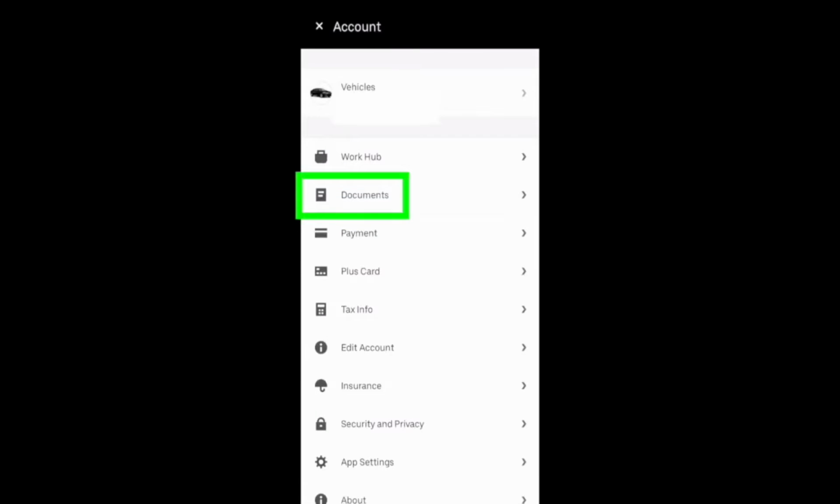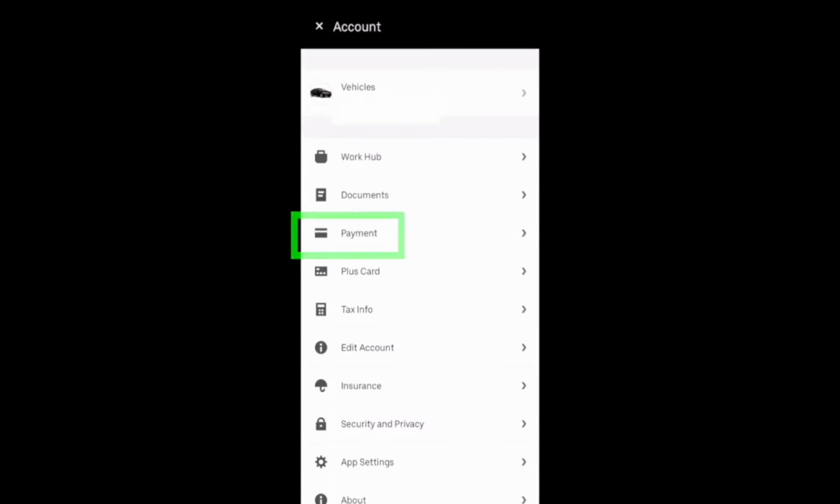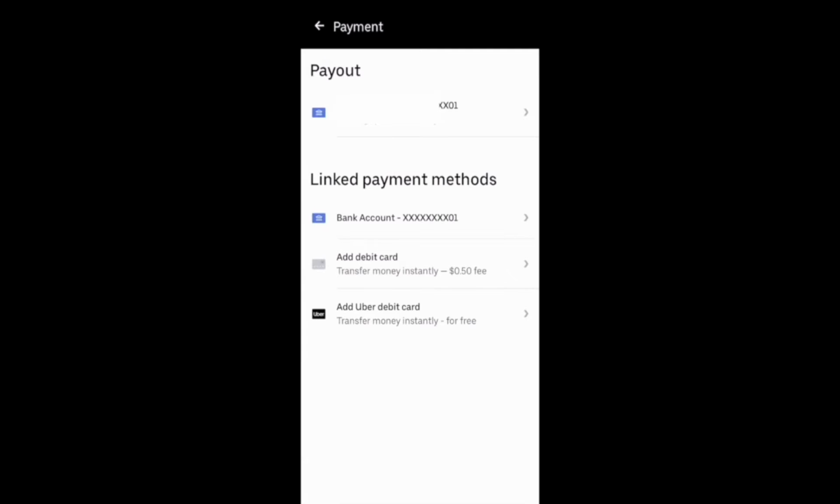Alright, if we select that documents option, this is where you'll see all of your required documents. And if you need to update one of these because it's going to be expiring, you can just select it and then update it. We'll select that payment option, and this is where you can edit your bank account information